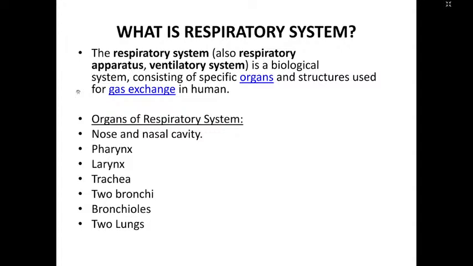So we'll start. Today we'll discuss the respiratory system, the anatomy of the respiratory system, and physiology. I'm sure you have done both of these topics in your anatomy and physiology classes, but because now you're into clinical medicine, a little brush up is good. And you should know that the respiratory system is one of the most important systems in the body.